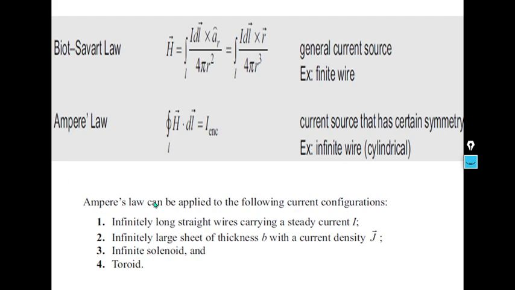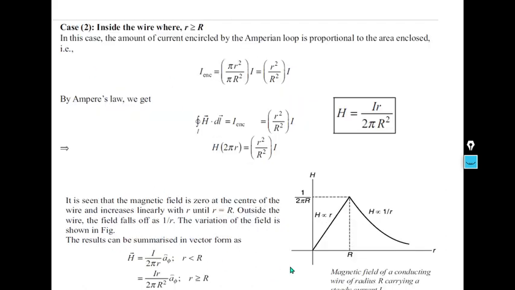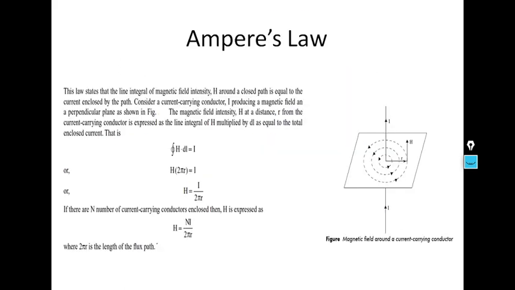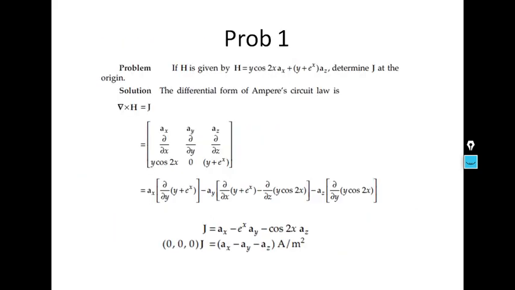We will not go through the large sheet or infinite solenoid. This is just one application, for long straight wires, because if we use a cable, you can apply Ampere's law. That's why I have told you how to find it out. If I draw the graph, we can see the magnetic field strength increasing, and after that it is decreasing. Next, I already mentioned this one, so this is the problem.